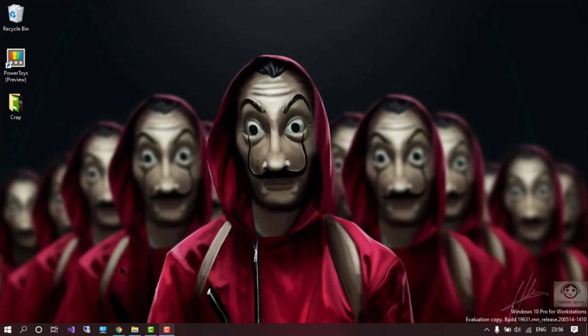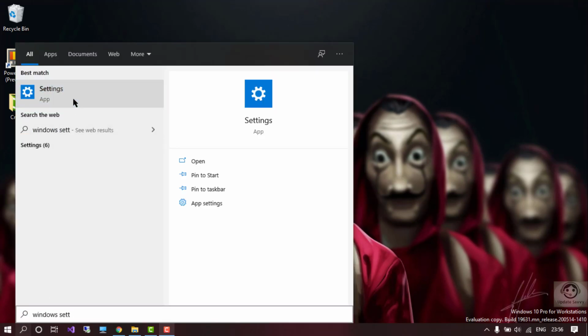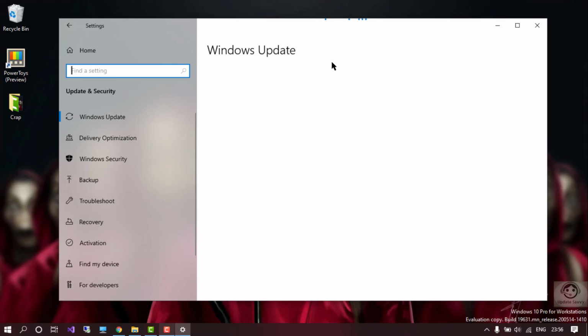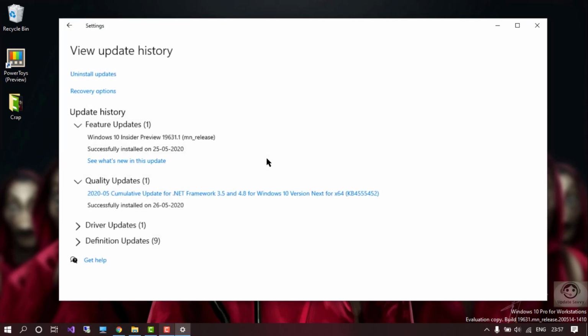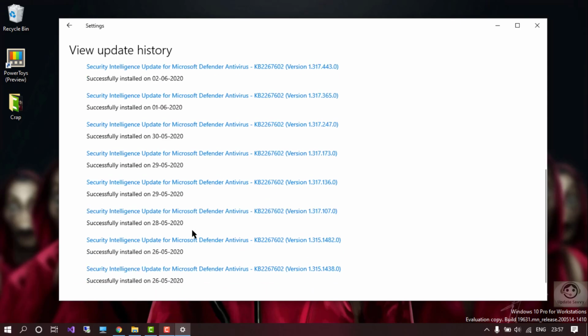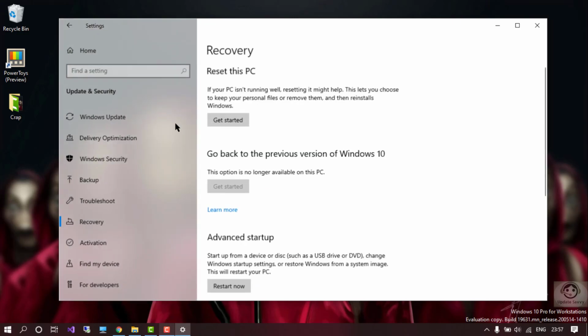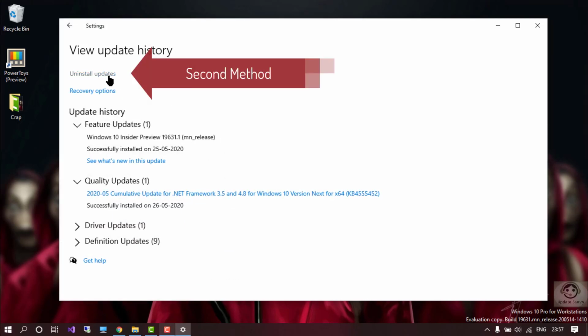So the second method is you have to go again to the search and type the Windows settings, and then after the setting will open, you have to go to the update and the security. So then here, all the recent updates through the view update history. You click here, you will see all the updates happened to your system recently. And if you want, you have the options, like you can go for the recovery option. So if you go to recovery option, it will take you back to that recovery window where I have just mentioned you before. So I'm just going back to that option and see view history update, and I go here